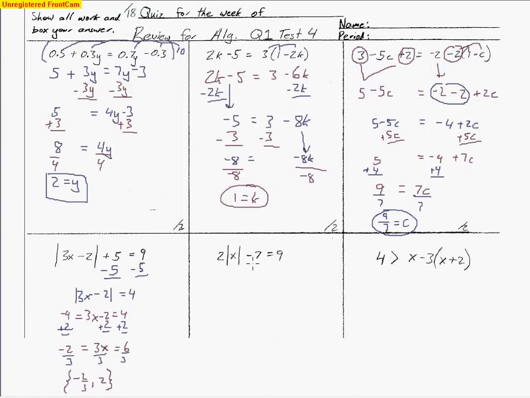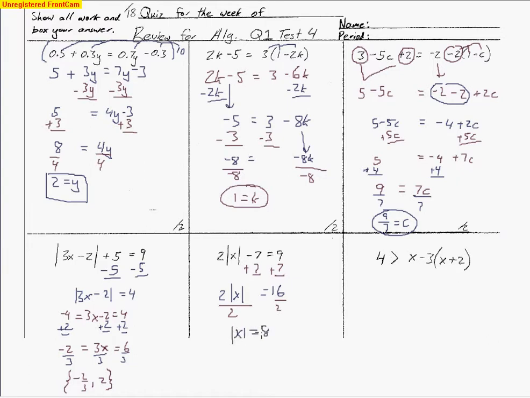Looking at the next one, again, the whole idea is to isolate the absolute value first. So I'm going to go ahead and add the 7 to both sides. So now I have this 2 times the absolute value of x equals 16. So now we're ready to divide by 2 on both sides. And so now I've got this absolute value of x